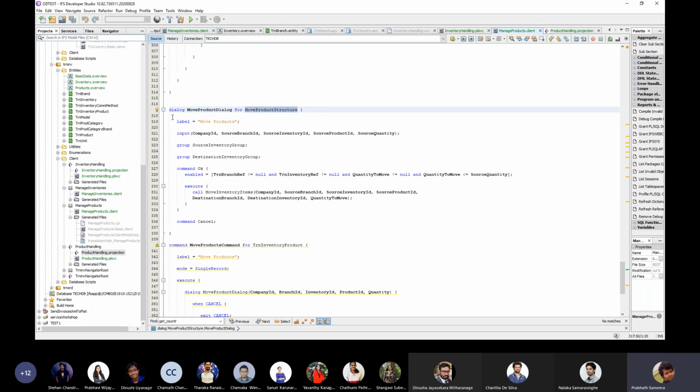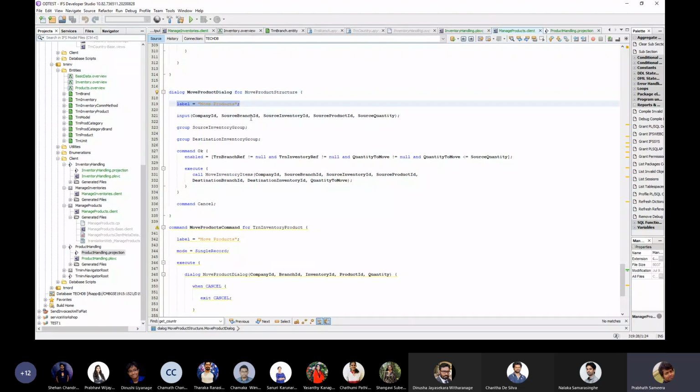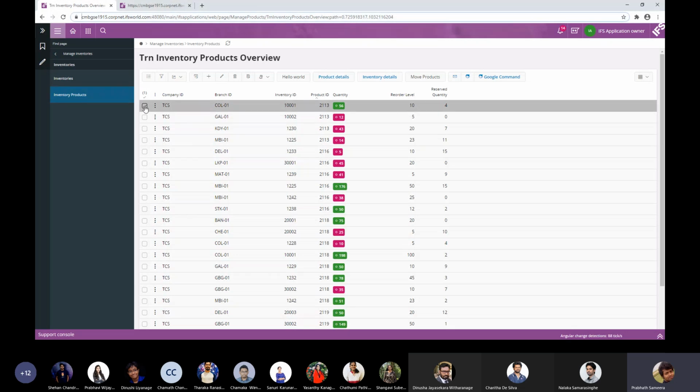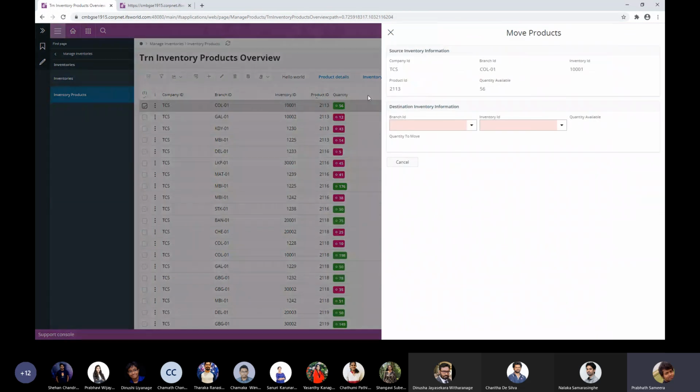Other than that, it has the label and then the input keyword. If I go back to my example, when I tick this and click move product, you can see that the company ID, branch ID, inventory ID, product ID, and quantity